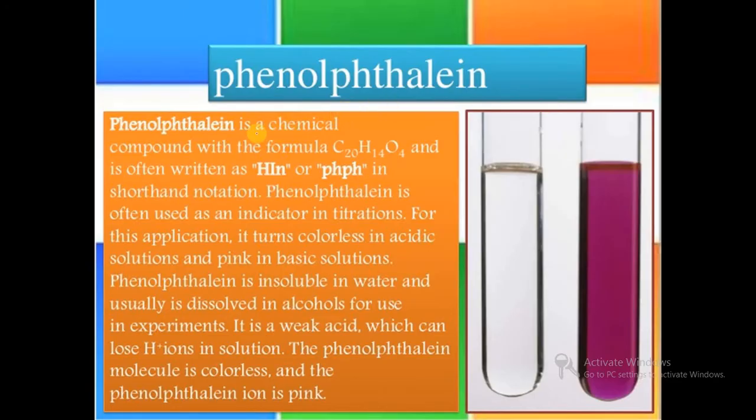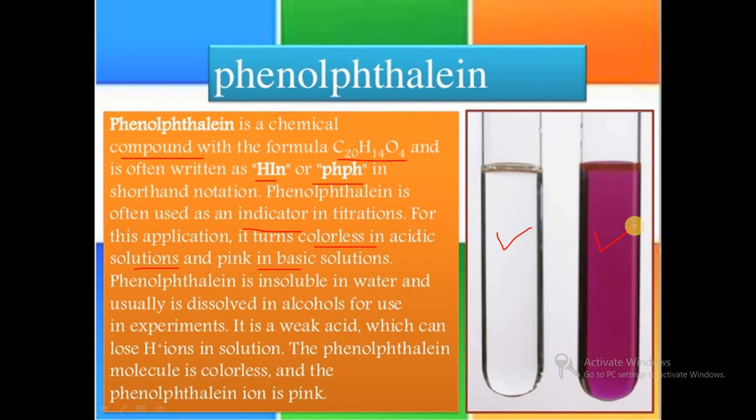Phenolphthalein is a chemical compound with the formula C20H14O4 and is often written as HIn or HPh in shorthand notation. Phenolphthalein is often used as an indicator in titrations. In acid base titrations, we are using phenolphthalein as an indicator. For this application, it turns colorless in acidic solution and pink in basic solution. So colorless to pink is the end point of the titration when we use phenolphthalein as an indicator, as shown in this